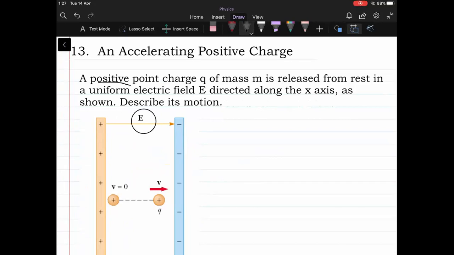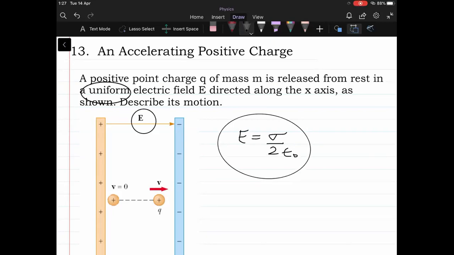Now, how do we arrive at a situation where the field becomes uniform in the entire space? That you will learn in the chapter on capacitors. Just to give you a brief idea, in the last class we discussed the concept of an infinitely wide circular disk, if you remember. And the expression of electric field was sigma by 2 epsilon naught.